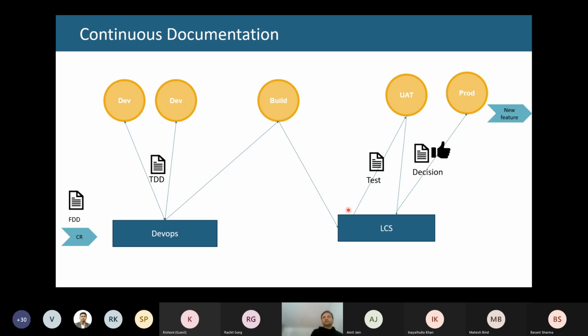Why I am saying continuous documentation is very important is because when we are doing the Azure development and things like that, there are a lot of changes we are doing. And if we don't support that with proper documentation, maintaining it becomes more difficult. And if we are done with a new feature which is common or reusable, then you can also create your solution design document and training document and things like that. So this alignment of delivery and documentation, at least I see, is very important, because whatever we are creating has to be something reusable, which somebody can see and support. So it is a very important part I would like to highlight.